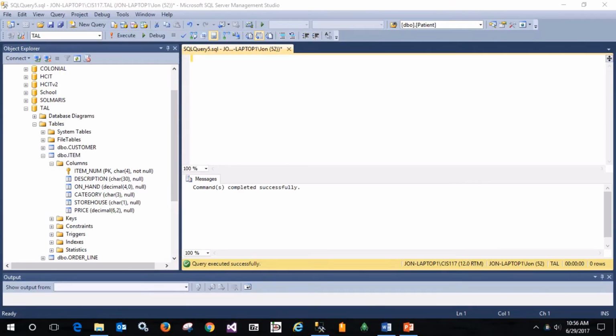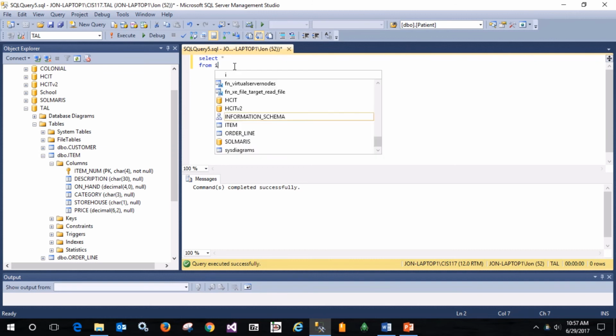In exercise 14, we're going to learn about our next aggregate function, which is the minimum operator, or min. And min will produce the lowest value in an expression or range for the field selected in the query. So in this case, our problem statement is, what is the price of the least expensive item in the database? Okay, so we're going to, again, start with select star from item